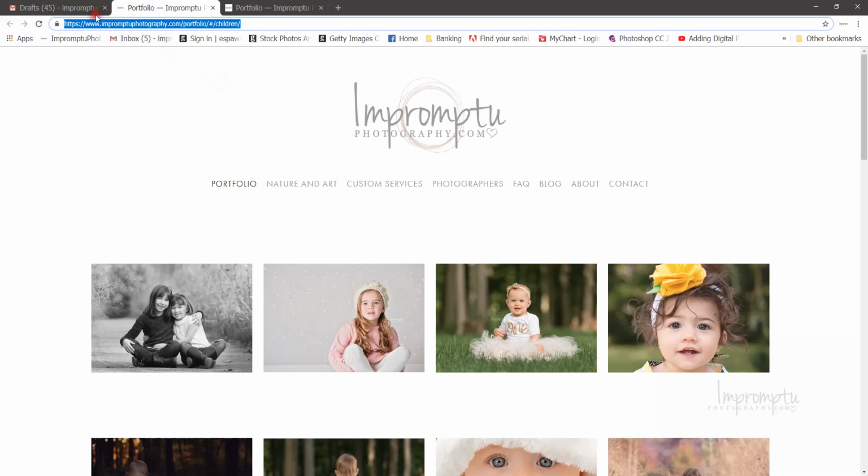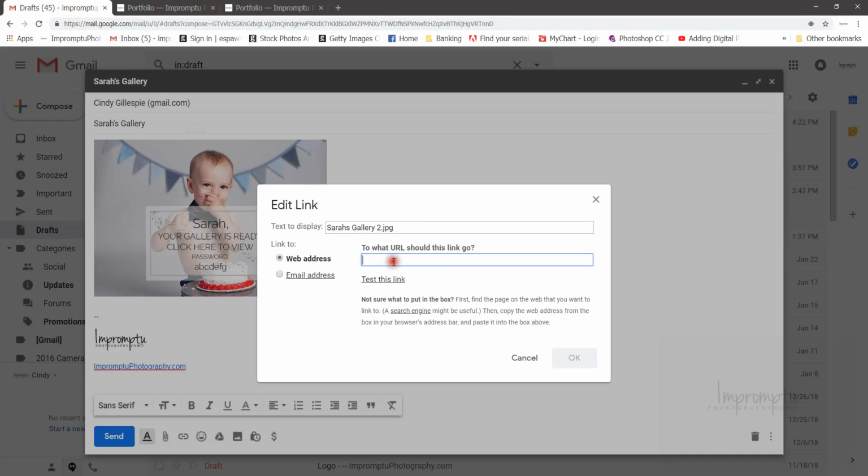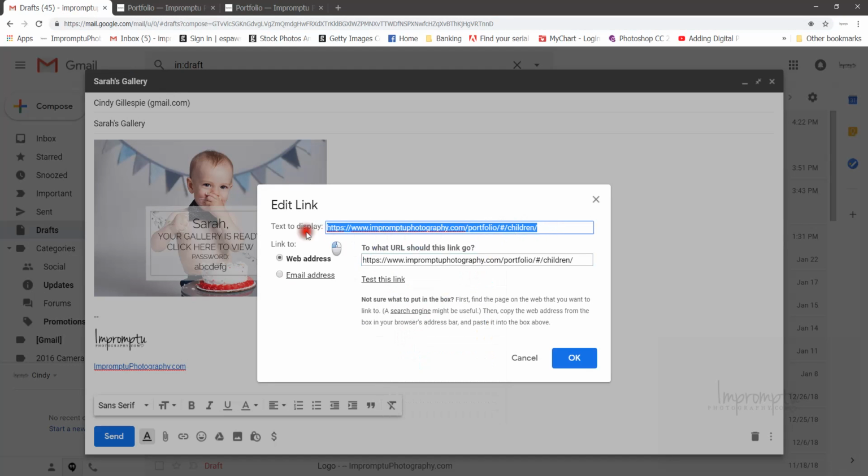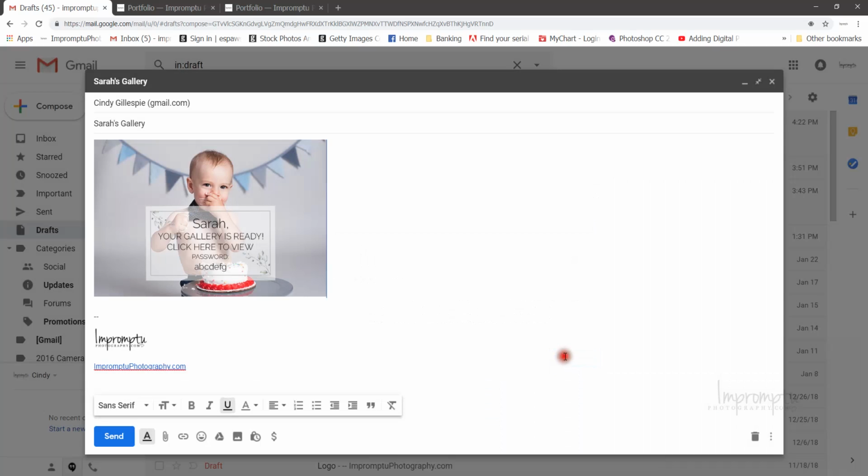We're going to copy this link, and we're going to remove this because we don't want that link to show, and we're going to paste, or you can do Control V, always making sure that you're getting rid of this top view here, and say OK. Now this is ready to be sent to our client in a very polished, professional manner. So we're going to send this,